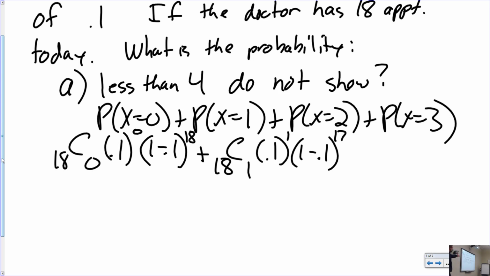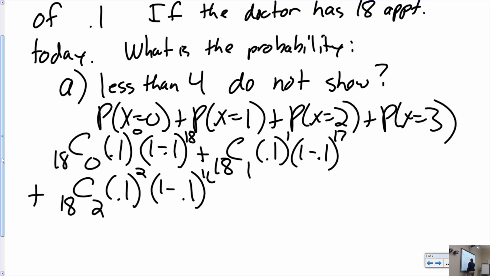Right, that's the probability that you get 1 no-show. Step again. Plus the combination of 18 things taken 2 at a time, times 0.1 raised to the 2 power, times 1 minus 0.1 to the 16th power. And again, this is going to form a pattern, so the pattern should be relatively easy to follow as you keep going, right? One more,